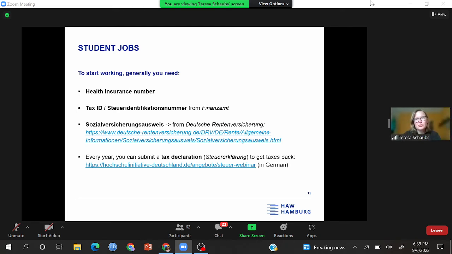Tell them that you've requested it. Show them proof that you received via email that you've requested it, and then sort it out somehow. Maybe they let you start and let you hand it in later, but it depends on how their regulations are. At HAW, you cannot start working without this number, for example. Great, thank you.